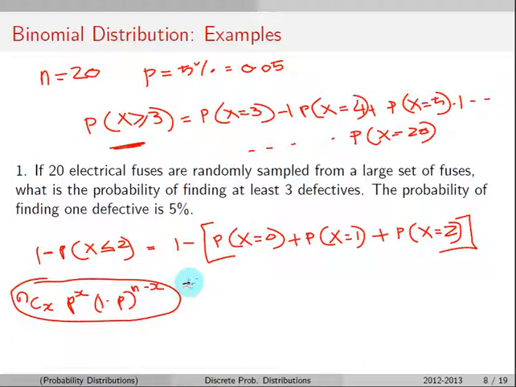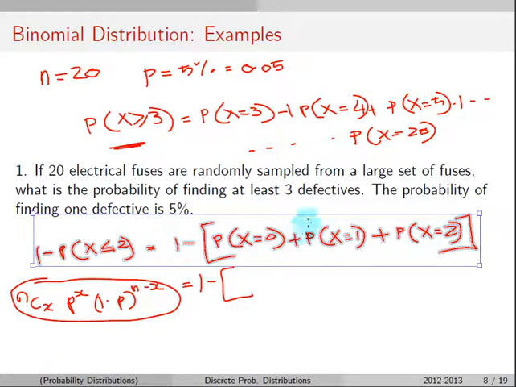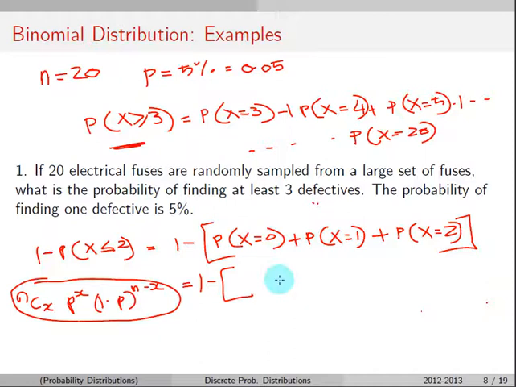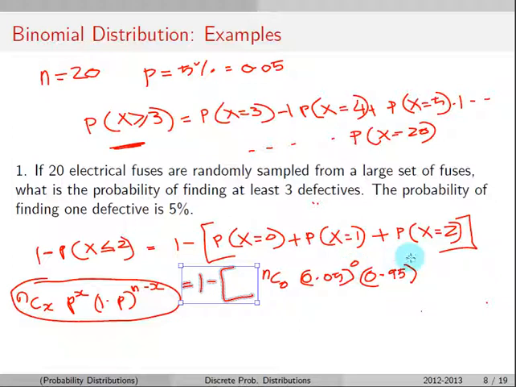So this essentially boils down to 1 minus the probability that x equals 0, which is nC0 times 0.05 raised to the number of successes, in this case we want that to be 0, multiplied by 0.95 because it's 1 minus p raised to 20 minus 0, which is 20,